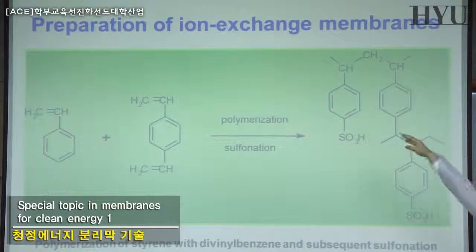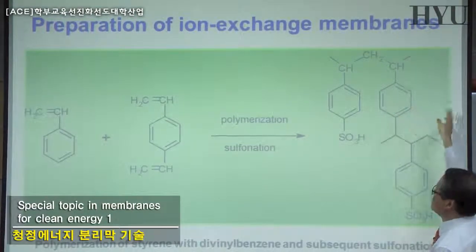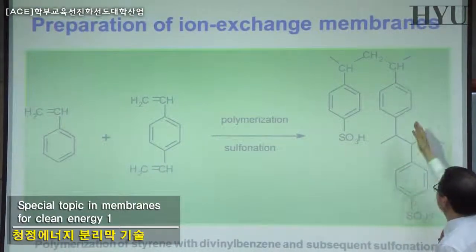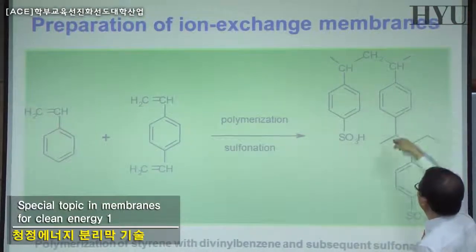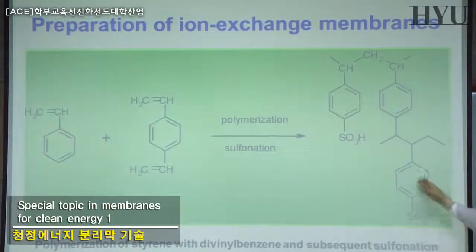So you have the styrene main structure, and you have the cross-linked structure. This could be linked together, this could be linked together, okay, linked together. And after making the cross-linked structure, if you put this polymeric hydrogel into sulfuric acid, then you can make this sulfonated structure,